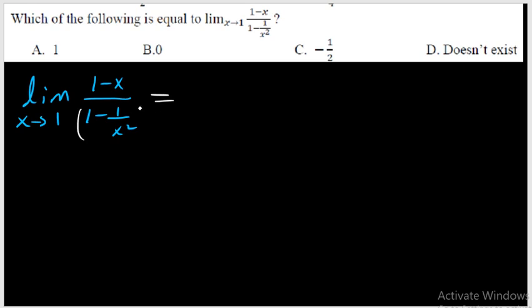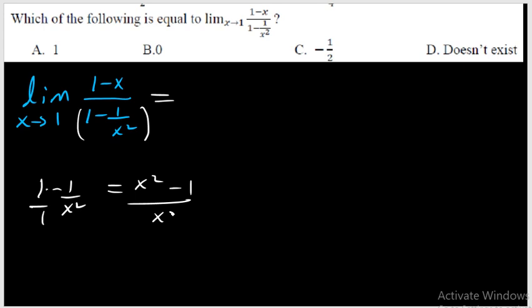The next question: the limit of (1 minus x) over (1 minus 1 over x square) as x goes to 1. If we directly substitute 1, again it will give us 0 over 0. So first of all, let us complete the denominator. 1 minus 1 over x square, by crisscross, 1 times x square will be (x square minus 1) the whole